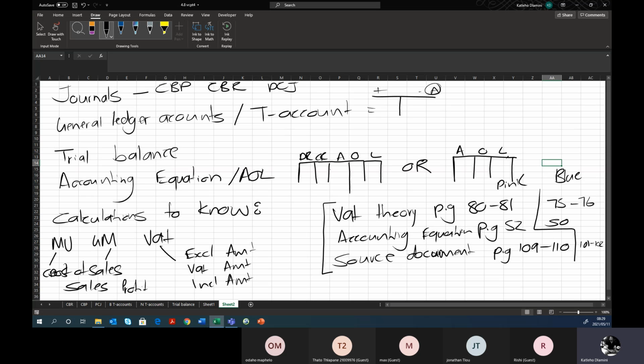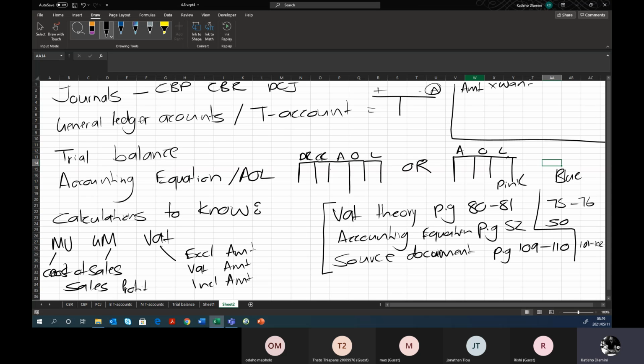If you want to use your book, just use it for stuff like your VAT theory, but know your VAT theory and your accounting equation and source documents. There is one thing I didn't write here. I'm going to draw a block here. Please remember the following: amount multiplied by what you want over what you have. Remember